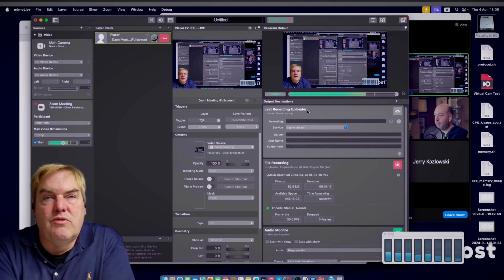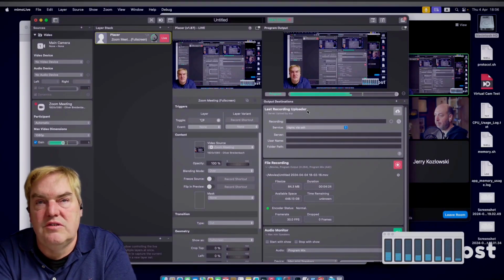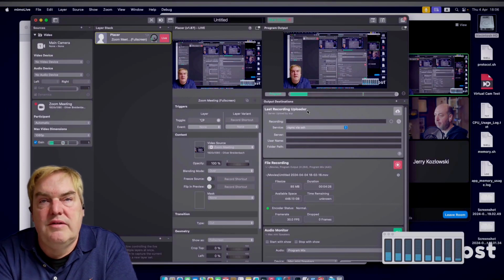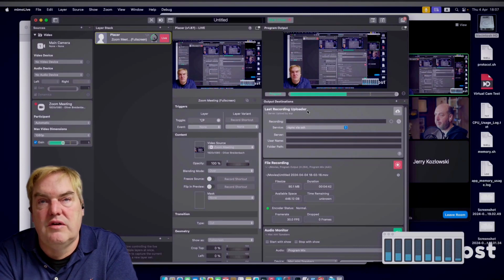If you have a file recording output destination in MimoLive, and you stop the recording, there's a new file that's been created, and you can use that as a source. There's a source called Last Recording Source. And now you can also upload it to Vimeo or using rsync via SSH to any Unix-based system